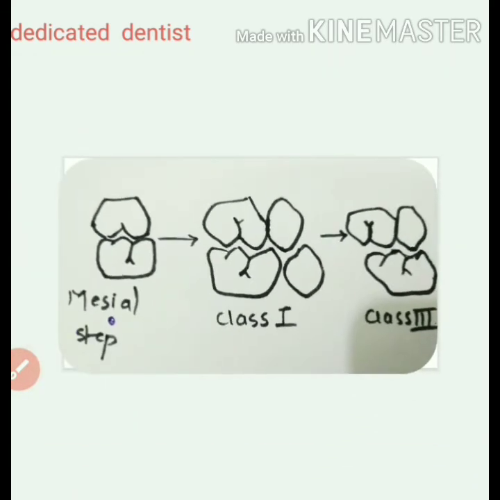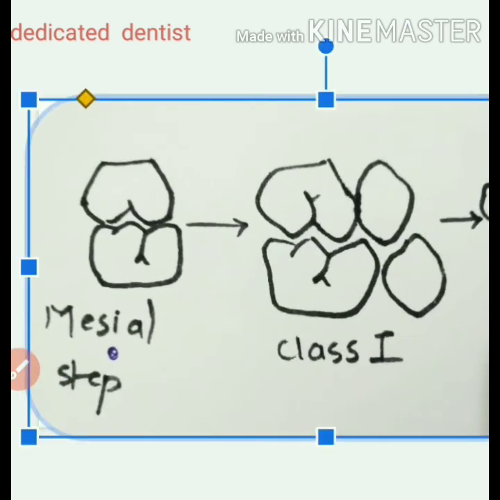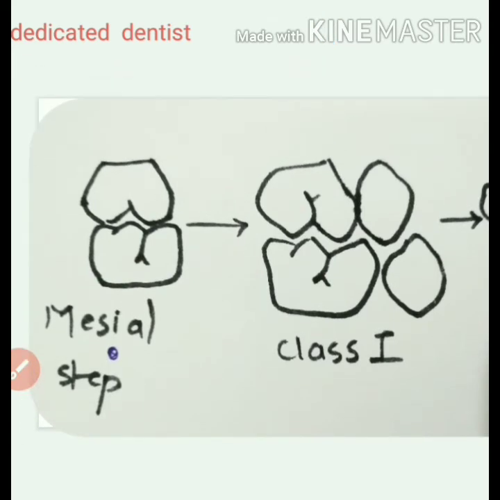Likewise, like a flush terminal, we have a mesial step and a distal step. This is very important for us, the deciduous second molar relation. You see how the maxillary first molar mesiobuccal cusp is fitting into the mesiobuccal groove. So this is the ideal condition. If the same growth pattern persists, it will result in a class 1 molar relationship.